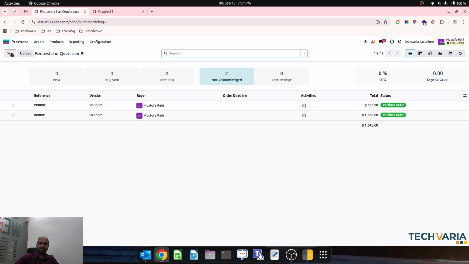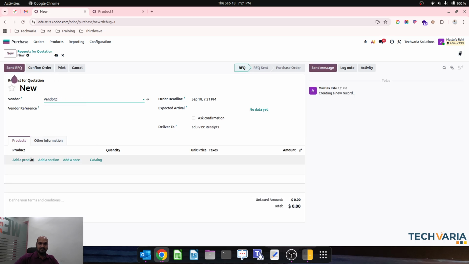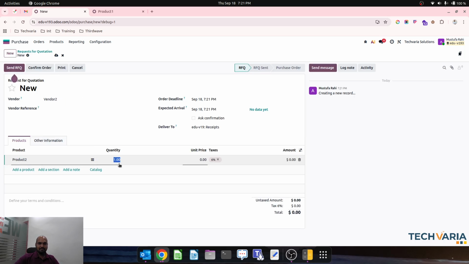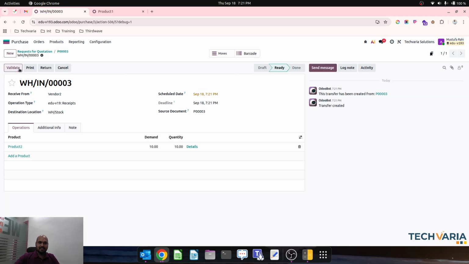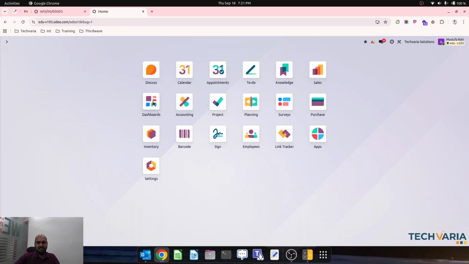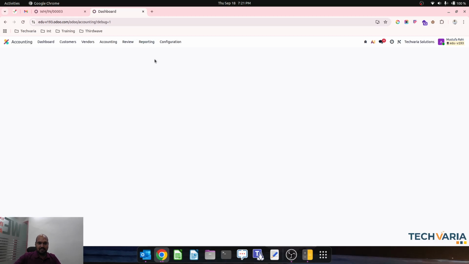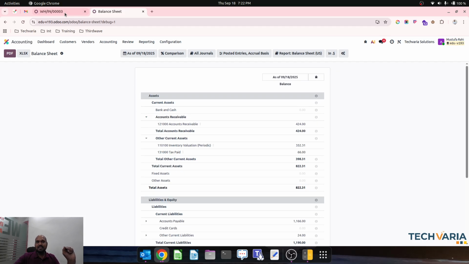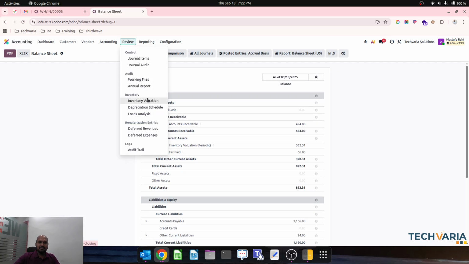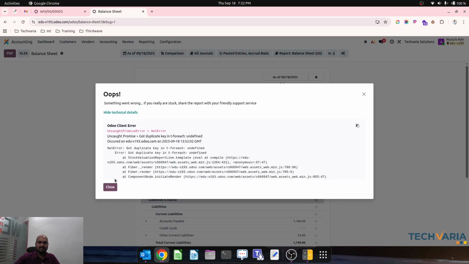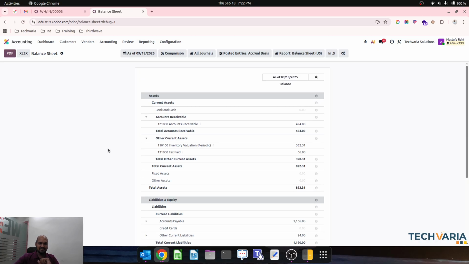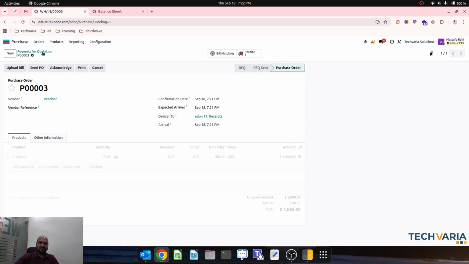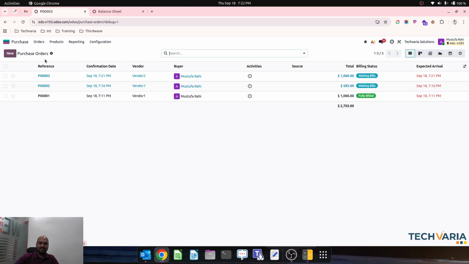So what I will do, I will create a new purchase order with my second item, and I am buying the same 10 units at 100, and then I will receive those items. As soon as I receive this item under accounting balance sheet, there is nothing till now, it is received. Under review also you will see nothing, because right now it is showing the error because I haven't configured those accounts over there. Okay, and then whenever I'm creating a vendor bill